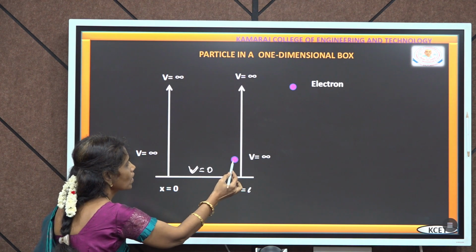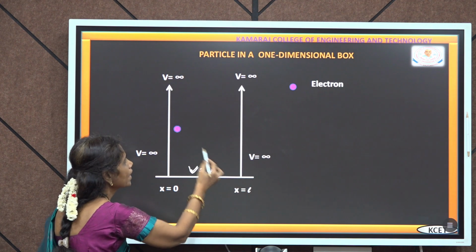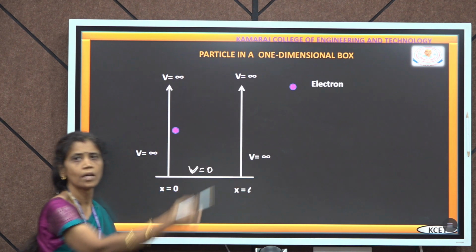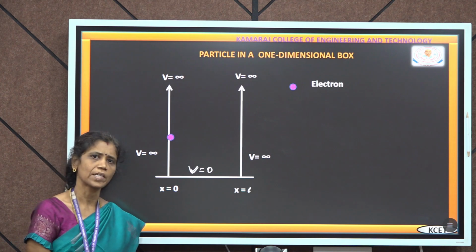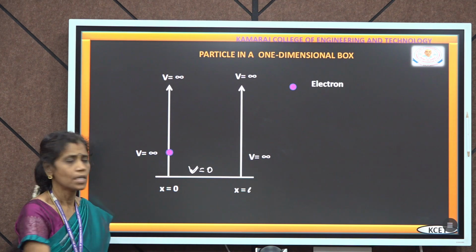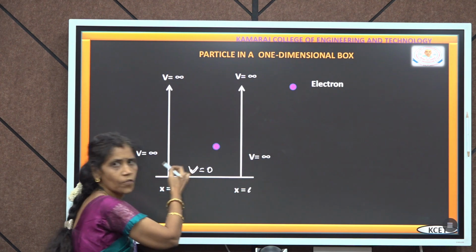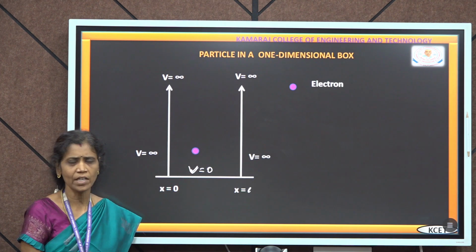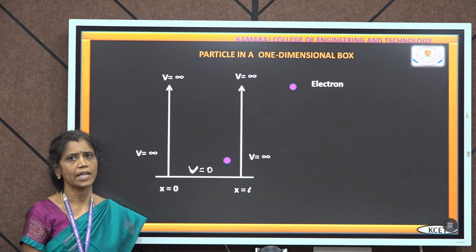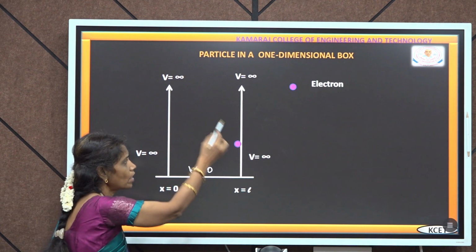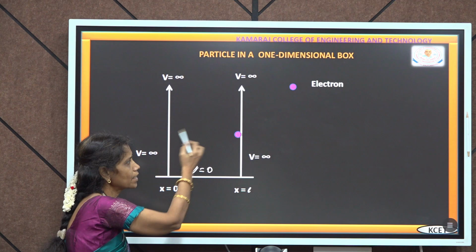So the electron inside the box cannot penetrate through the walls of the one-dimensional potential box. Since the walls and outside of the potential box have infinite potential energy, the electron is confined within the